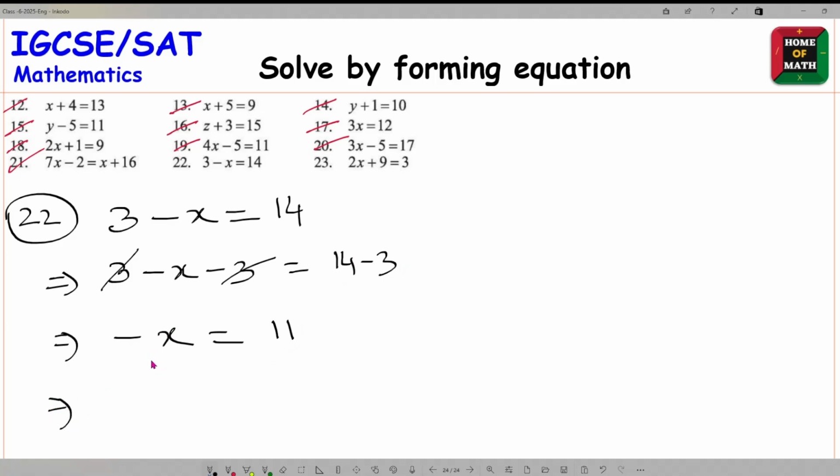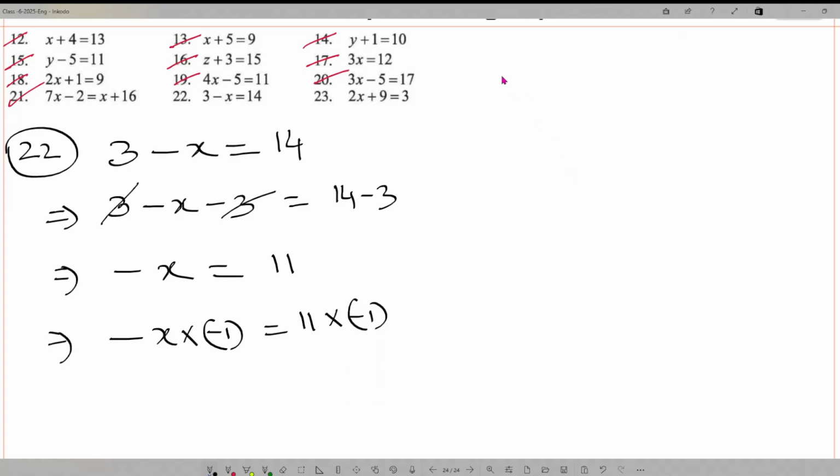but we need the value of x. So in this case we can multiply both sides by minus 1, so it means minus x times minus 1. Similarly, here 11 times minus 1. Now we already know minus times minus equals plus, so minus and minus become plus, it means x, and plus times minus equals minus, so 11 is plus and 1 is minus, therefore plus and minus is minus, we can write minus 11. Okay, so 22 done. And today's final question